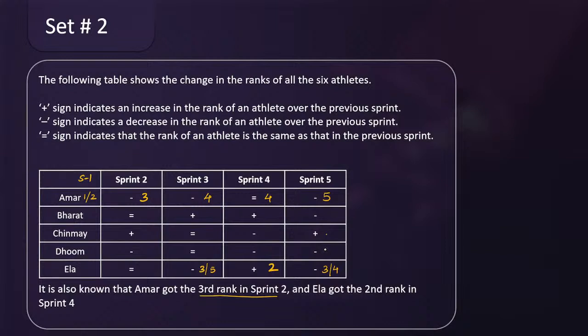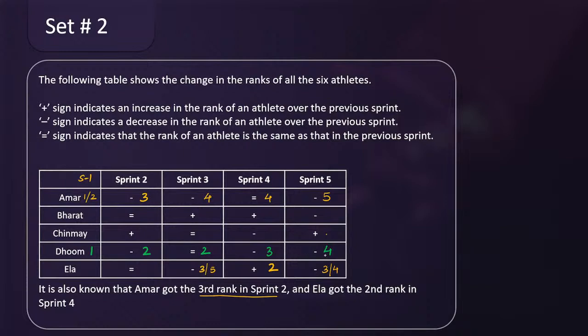Now Dhoom cannot have rank number 5 in sprint number 5. तो अगर मैं यहाँ पे इसको 4 दे देता हूं रैंक, हाईएस्ट रैंक, ठीक है, इसकी सबसे पुअरेस्ट रैंक क्या हो सकती है? 4. Then this 3, then this 2, okay, then this 2 and this 1. So is it possible, yes or no? Come on, tell me, all of you. So Dhoom के लिए क्या मैंने ठीक लिखा है?